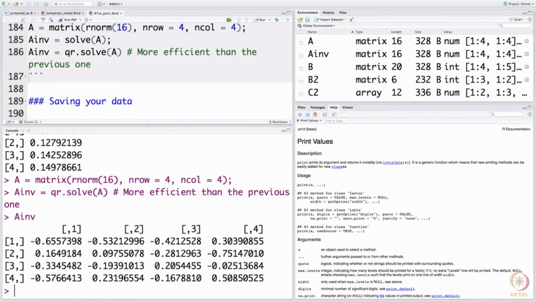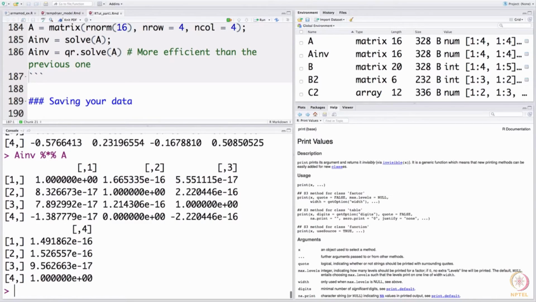Once you do that you get the inverse. How do I know this is correct? Multiply. So, I multiply A inverse with A. Remember, I have to use a matrix multiplication and that should get me identity. Now, obviously, I should be seeing zeros theoretically in the off diagonal elements, but up to a numerical precision they are negligible. All right. So, keep this in mind when you are computing inverse of matrices.